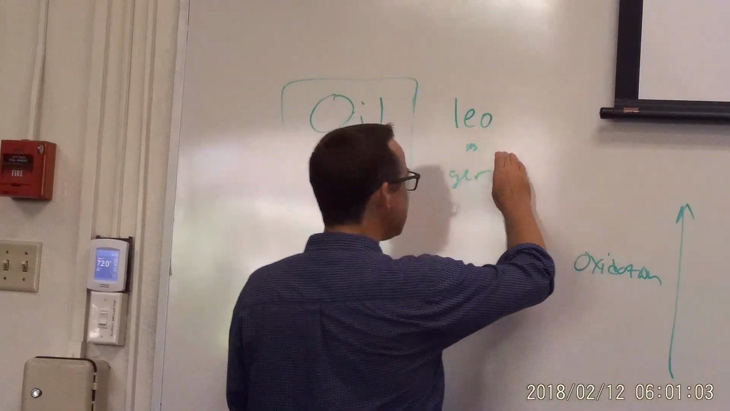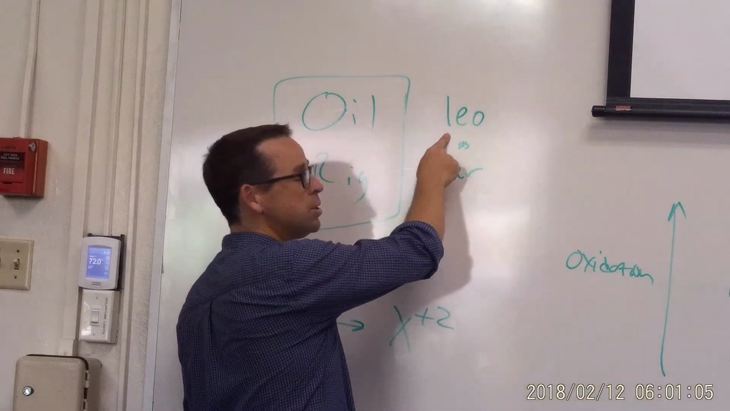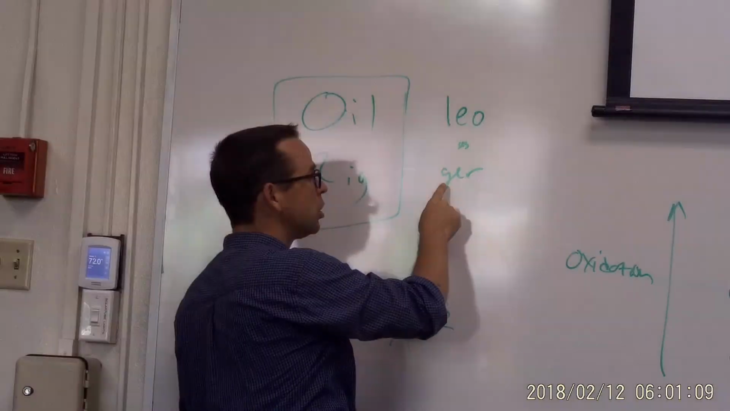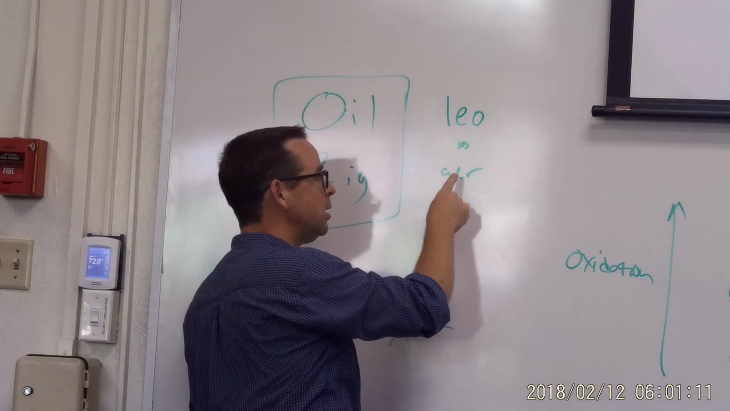Anyways, LEO says GER. LEO stands for loss of electrons, oxidation. GER stands for gain of electrons,